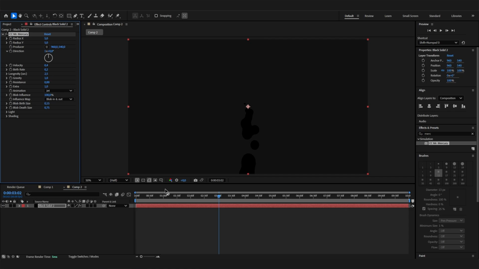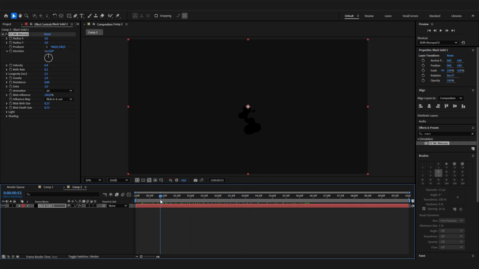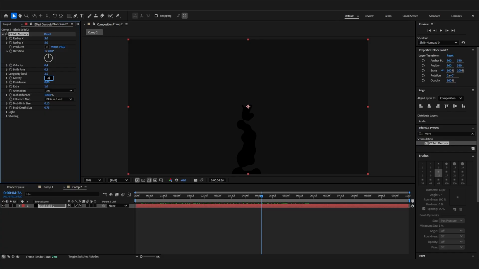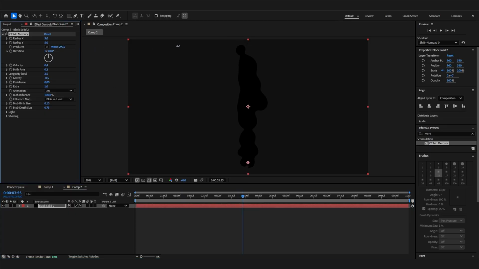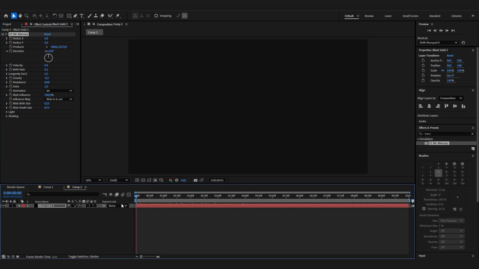And now the essential part comes in. We can see this will just drop down and the fire has to go up. So let's change the gravity to something like minus 0.05. And we can see it will go upwards. Now we can also bring this producer a bit down, to the bottom of the animation, so it will start here and then go upwards.